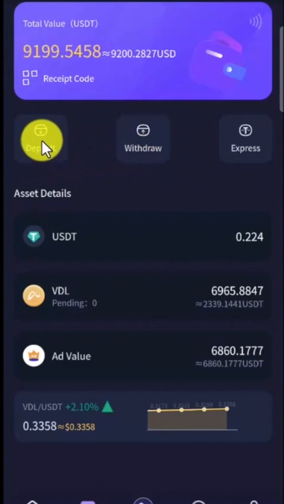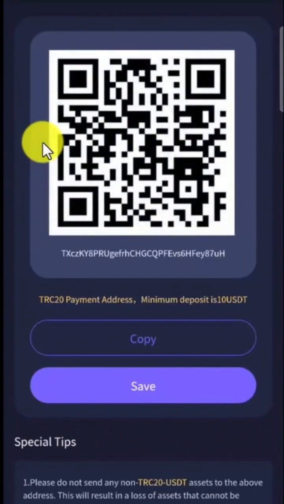If you deposit, the deposit has to be made in USDT on the TRC20 network. Get back with the person that referred you for suggestions as to wallets or brokers that you can use for that. There are several, and it's easy for you to get started. Okay, this is the